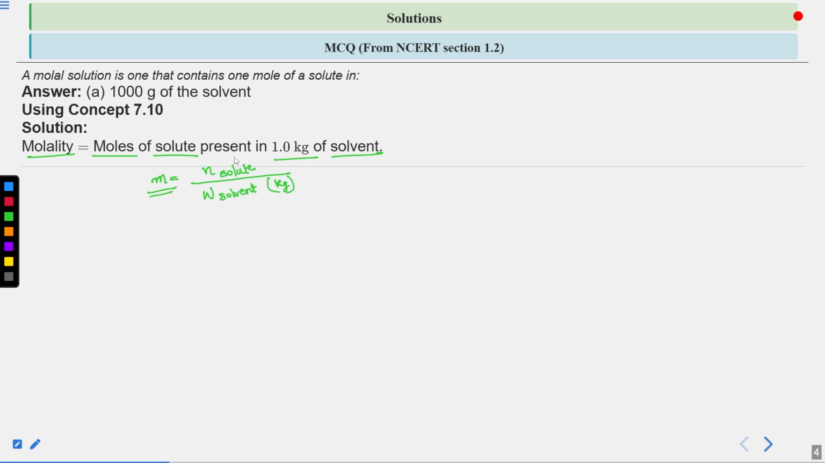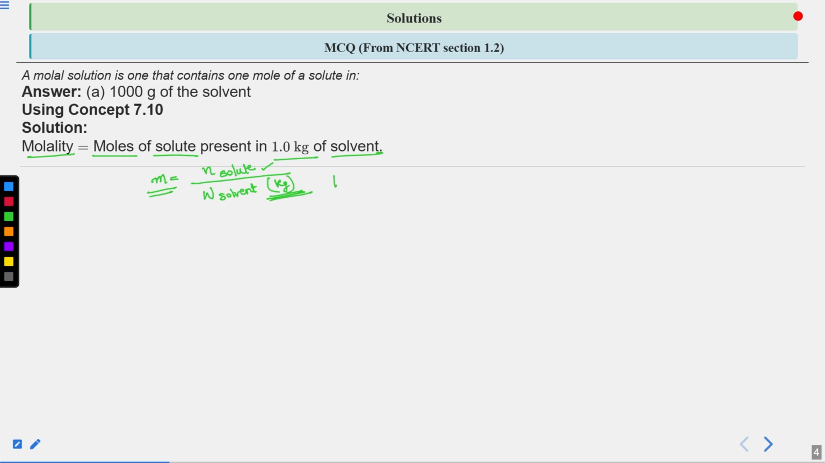The number of moles of solute you can determine by using the given mass upon the molar mass of the solute. But the weight of solvent should be in kg. If it is given in grams, or in any other unit, you have to convert it into kg and then put it here. So the moles of solute present in 1 kg of solvent will be defined as 1 molar solution, right? So